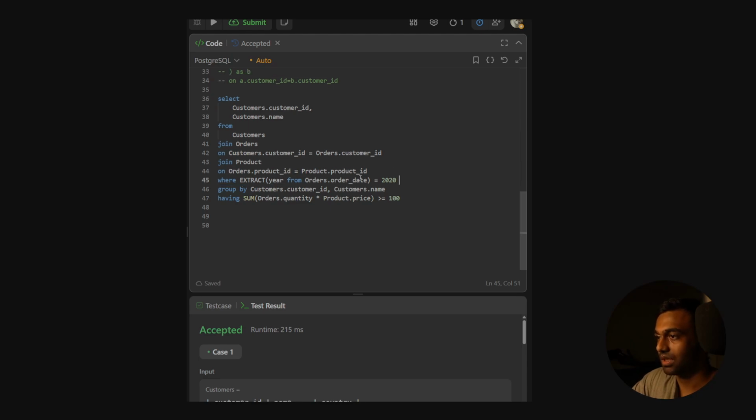So now we can just filter everything by 2020, and then we can say having, and as we look through every order, we can write a case statement whether that order is in June or July, right? So we could say case,